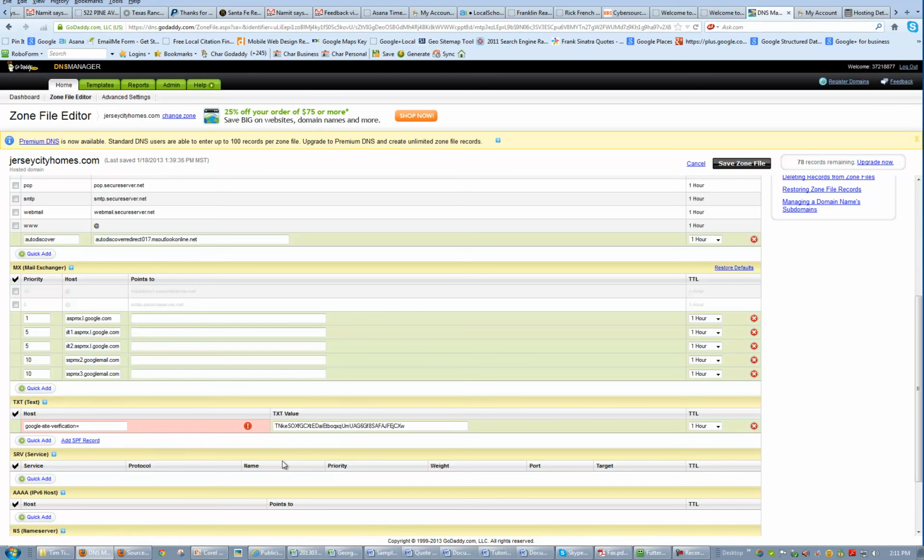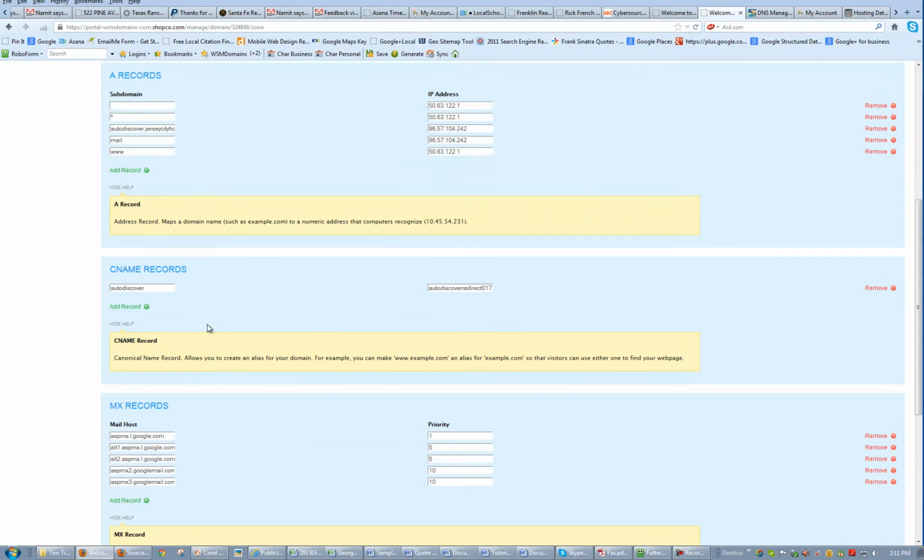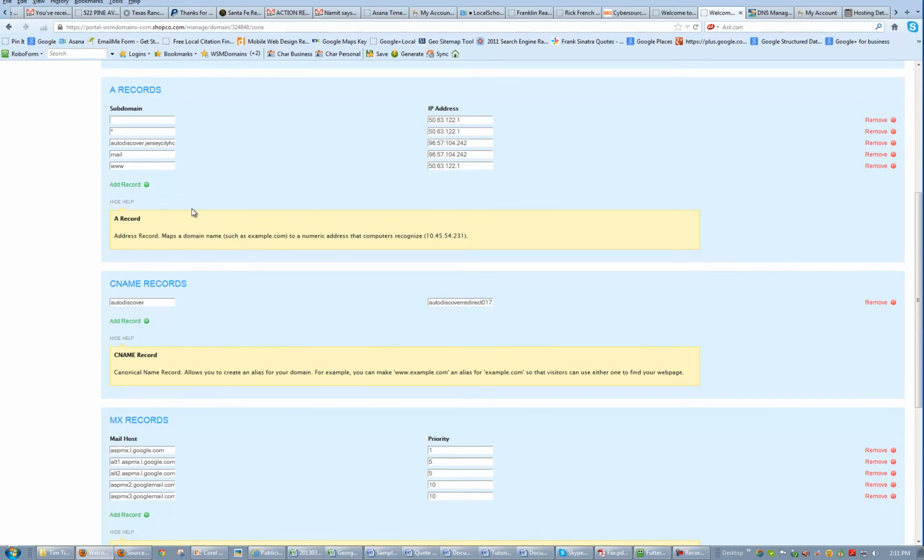So in this case, I believe what we have to do is set it up like this. Yep, and it's correct. Alright, now I've added all my different records that go with this domain that are different. And typically if these are all set up to the same thing as the main company, which is Shopco, and